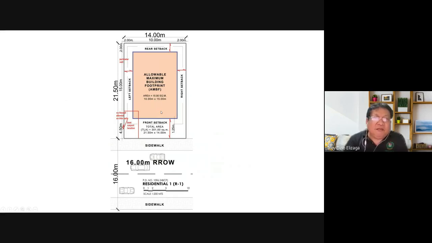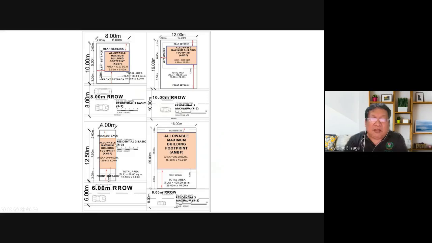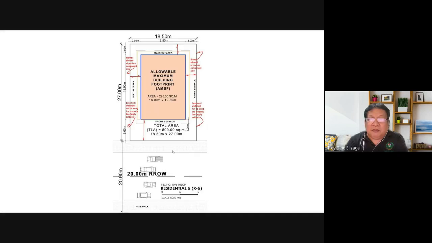If you read the National Building Code, you will find there a lot of terms like AMBF, the allowable maximum building footprint. So basically, it's this. There's a setback here. In our case, it's 2 meters like that, and then the frontage is at least 10 meters, or depending on the lot, it's 14 meters, I think, if it is a corner lot, and then the setback in front is 4.5 meters. And then depending on the type of lot, these are the setbacks. So just go through them on your own.